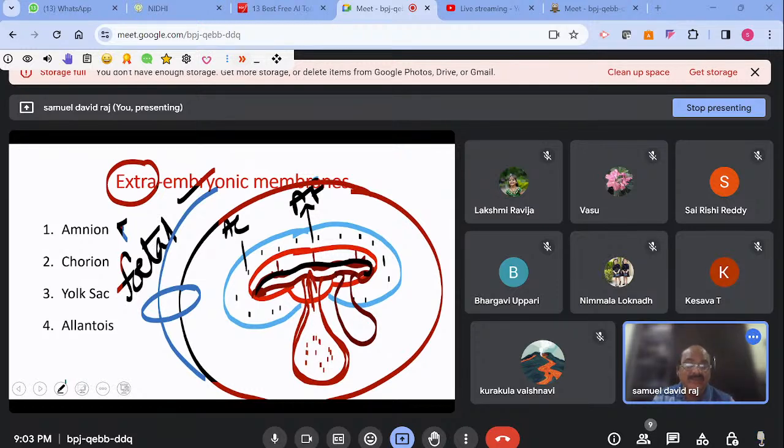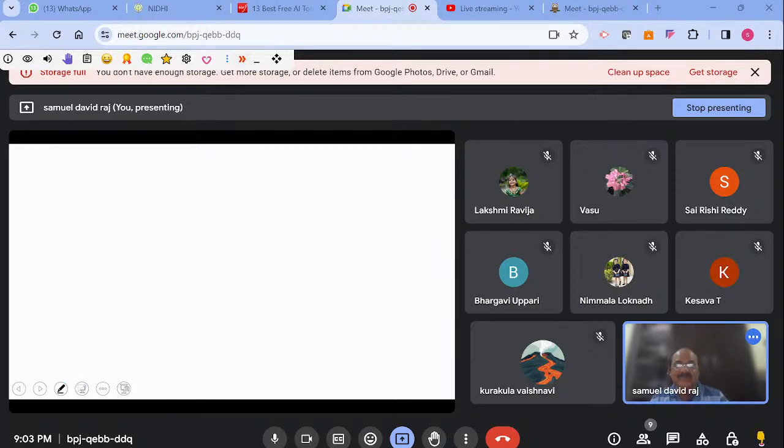If yolk sac takes part, it is called as yolk sac placenta. If allantois is taking part in the formation of placenta along with the uterine wall, endometrium of the uterus, it is called as allantoic placenta. So here these extraembryonic membranes are also involved in various other functions, and these functions are